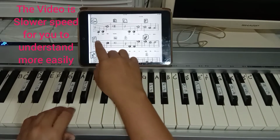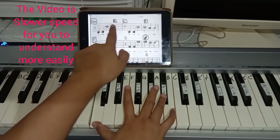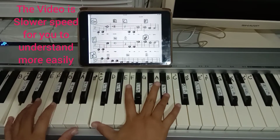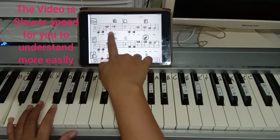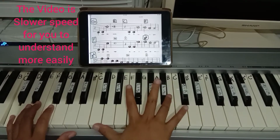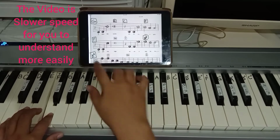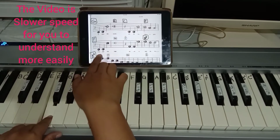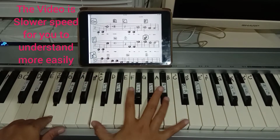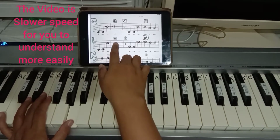Next, G, C, C, B flat, left hand C, C, C, C, B flat, B flat, D, F, right hand C, C, C, C, left hand F,